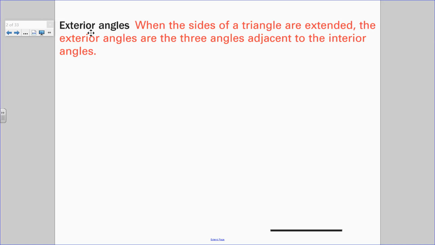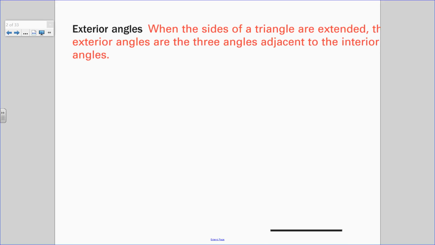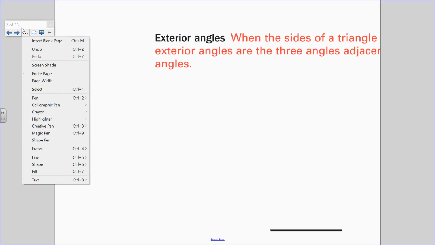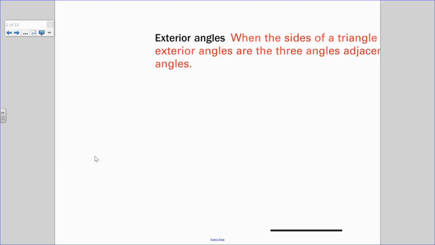So when the sides of a triangle are extended, the exterior angles are the three angles adjacent to the interior. Let's draw the situation. Off to the left side of your note packet, you have area to draw items. Let's go ahead and draw a triangle. Do that with me. What I'm going to do is extend these sides like we did last